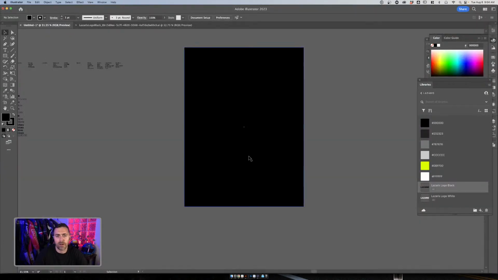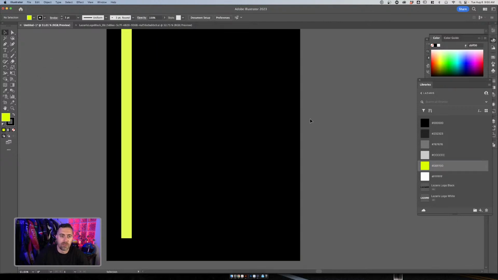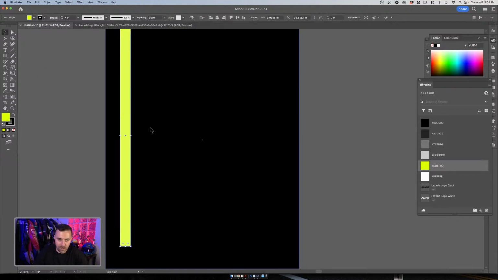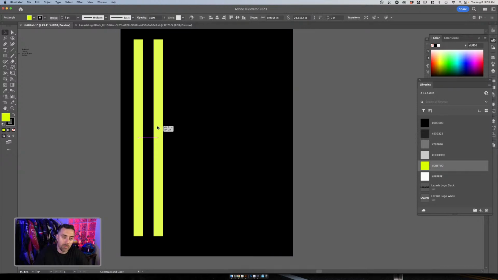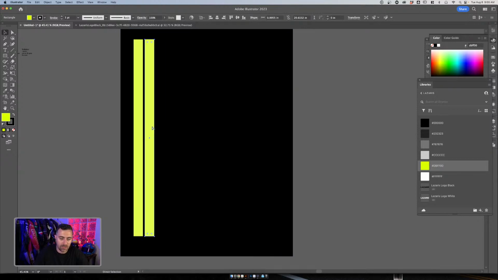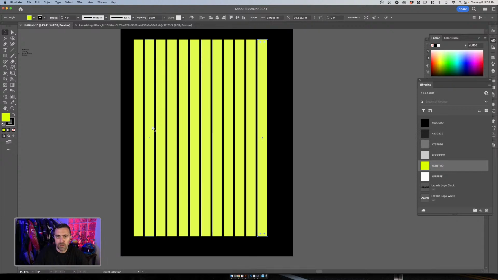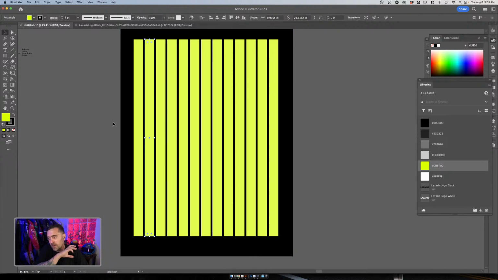Awesome. All right, so typically what I like to do with these is start off with 12 columns. I'm going to make some guides because I want this first one to be more type based. What I'm doing is duplicating the grids by dragging over a column and then pressing Command D, and it'll duplicate that step and repeat. So we've got 1, 2, 3, 4, 5, 6, 7, 8, 9, 10, 11, 12. Cool, so we'll kill one.